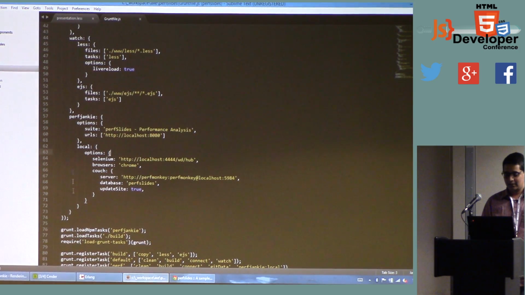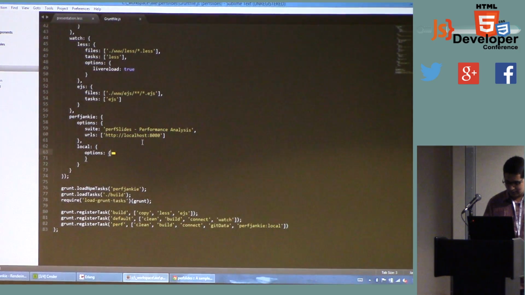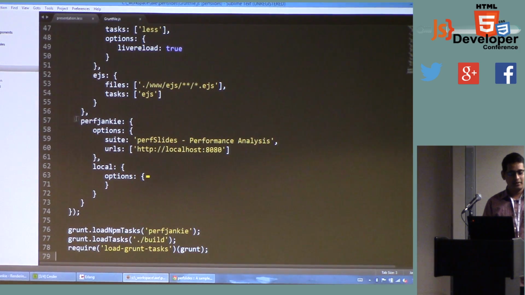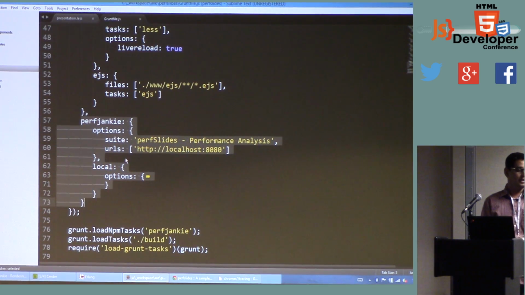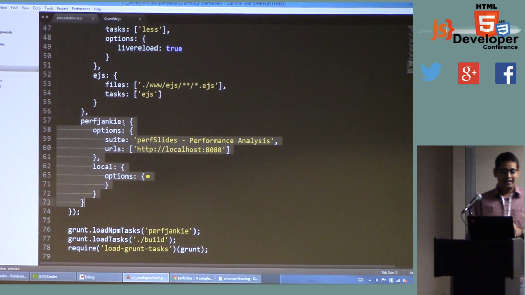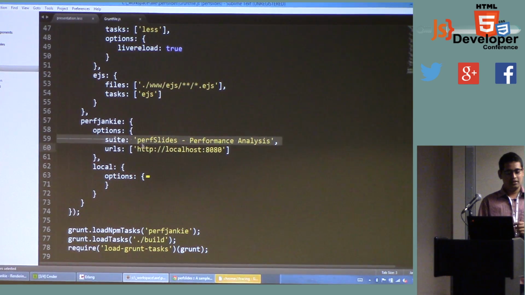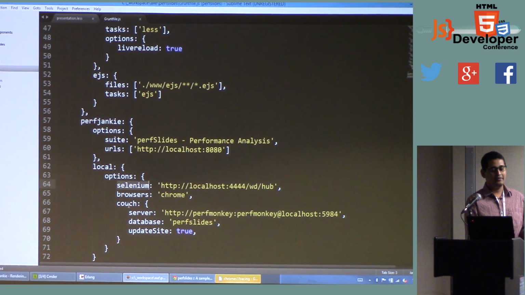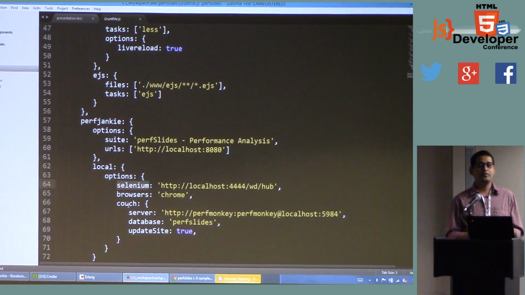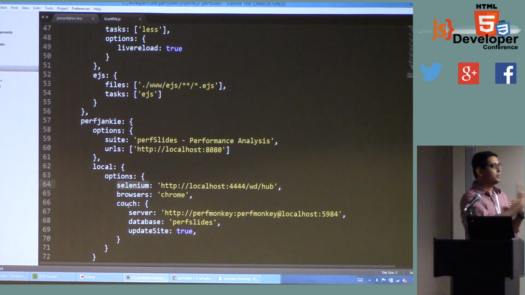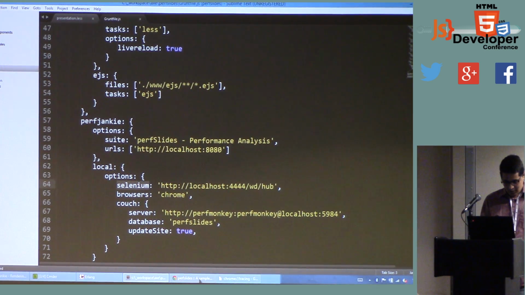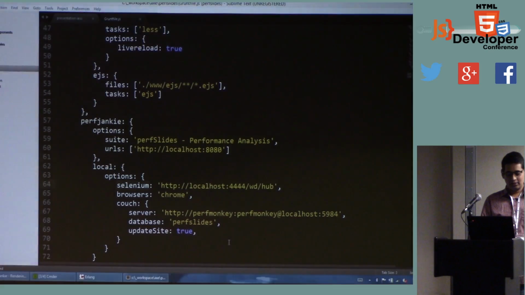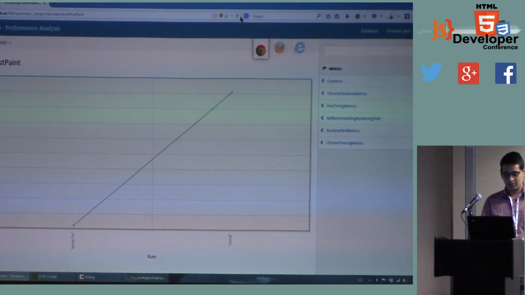So here's how my grunt file looks. There's a single task called grunt perf, which is an NPM module. All I have to do is specify the name of the suite, the URLs that I need to test, where my Selenium is located, and where my CouchDB is located. With these four pieces of information, you can integrate this whole pretty graph thing for your own websites. It's almost done. It's picked up all of this data. This should close, and now if I hit refresh,